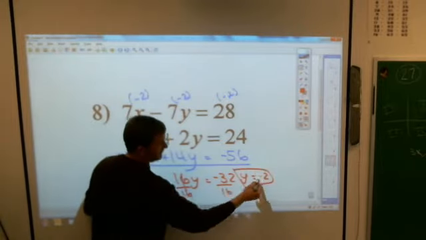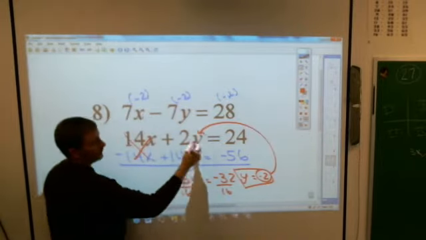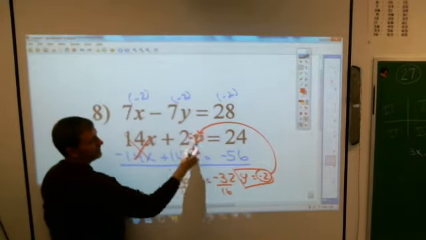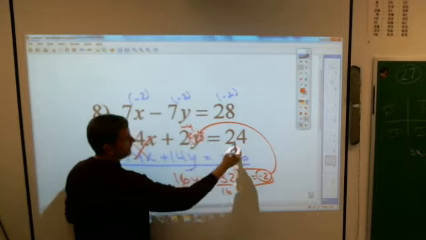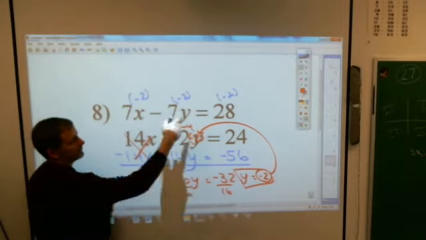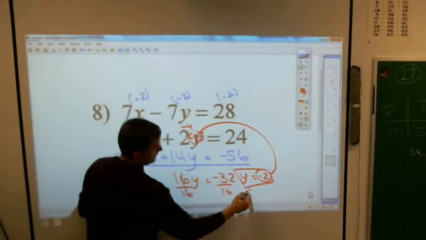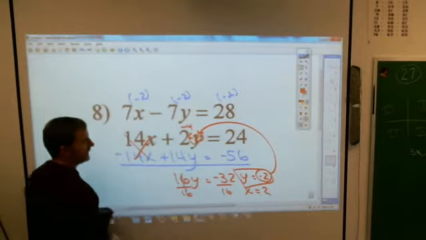What will x be? I don't know. Where do you put it back in? I'll put it back in right here. If y is -2, 2 times -2 is -4. Add 4 to 24 to get it over there. It's 28. 14 goes into 28 twice. Granted, I did that really fast, but